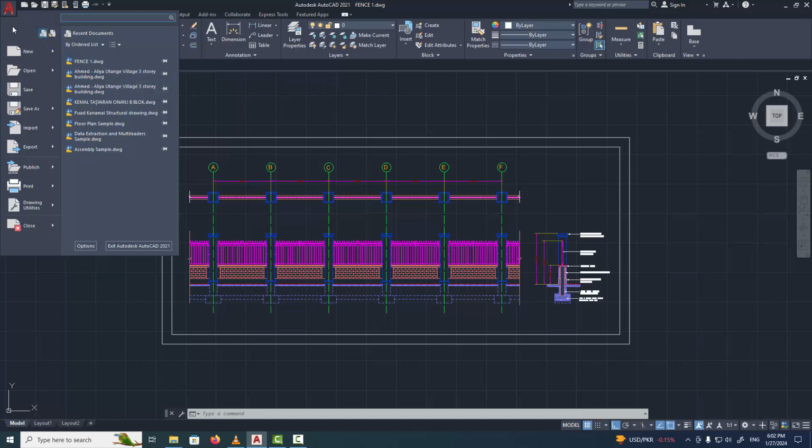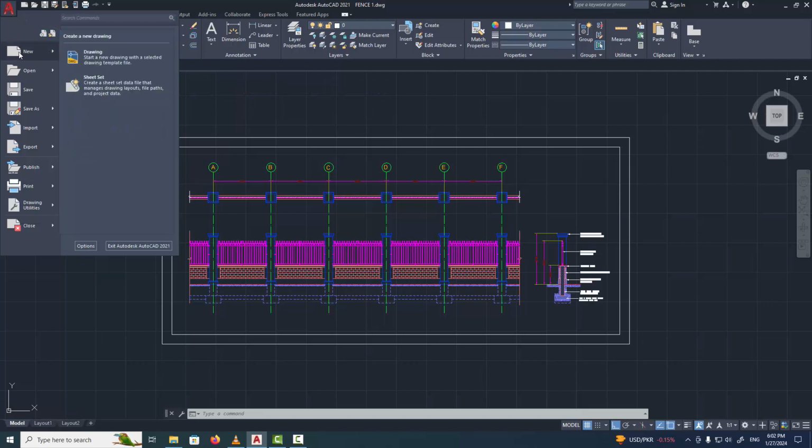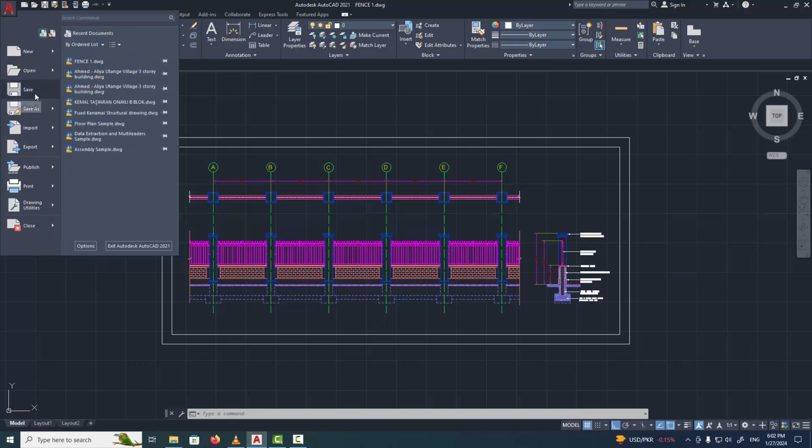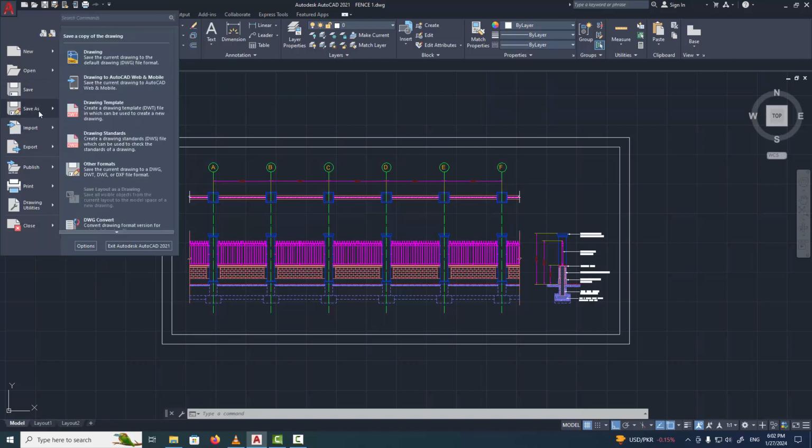Here we can open a new drawing, open an existing file or previous project, save the current drawing, save as, if we want to save our drawing in other formats,